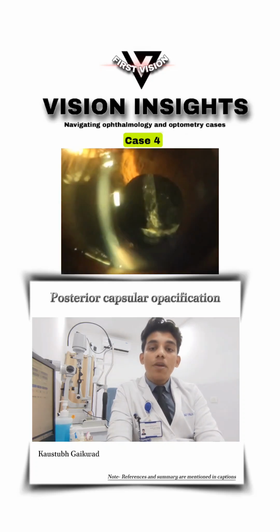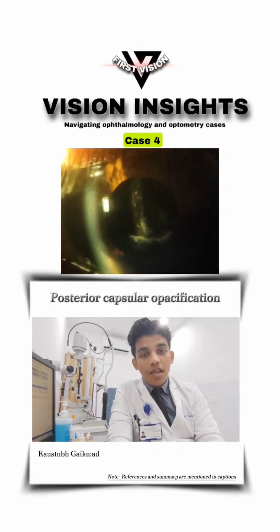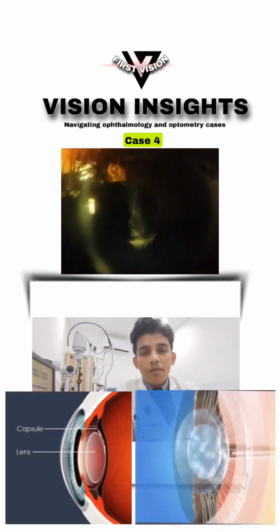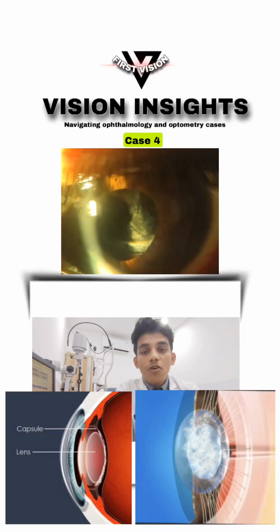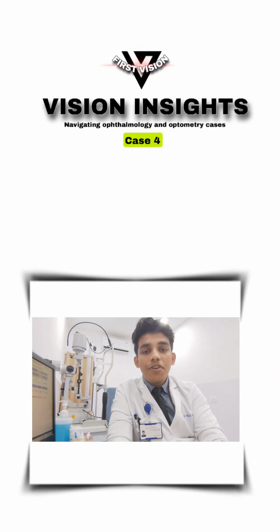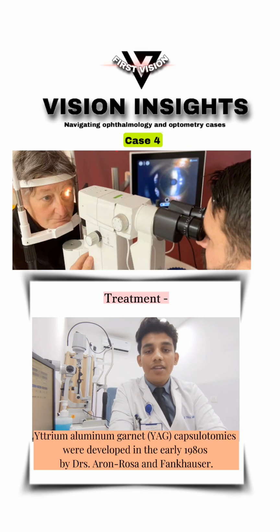Now, posterior capsular opacification is a common complication that can occur after cataract surgery. It happens when the capsule which holds the artificial lens in place becomes cloudy or opaque. This can cause blurry vision, glare and other visual disturbances. Now, the treatment typically involves a quick, painless laser procedure called YAG laser capsulotomy, which clears the cloudy capsule and